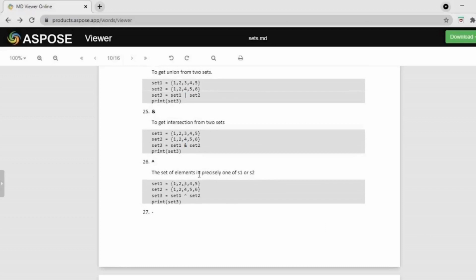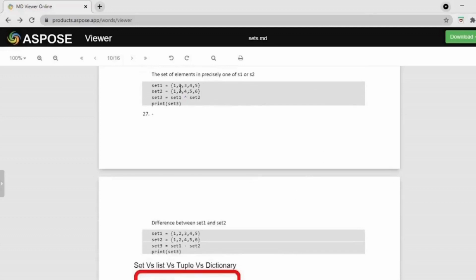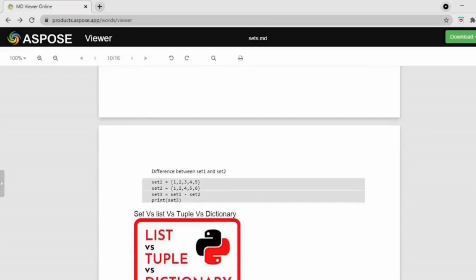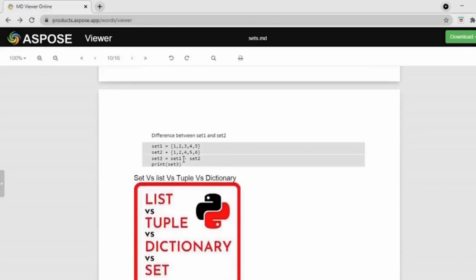And set of elements in precisely one of S1 or S2. This is same as union operator. Therefore, the output will be 1, 2, 3, 4, 5 and 6. And difference of S1 and S2 is represented by minus.